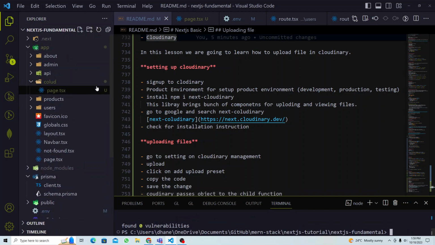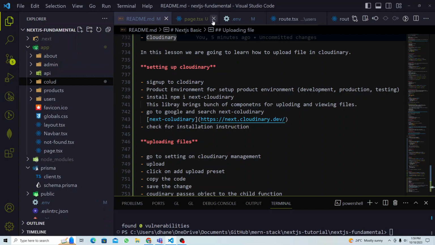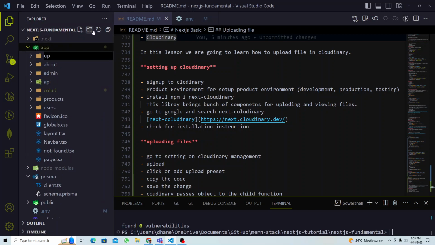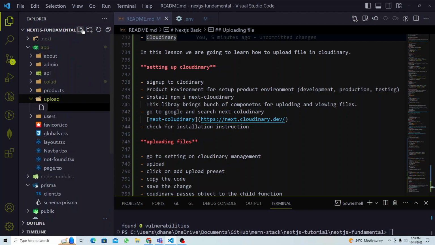So once we install, what we're gonna do now, right? Close that. So we're gonna create the folder, okay? Call it upload. Yeah, and here will be file, right? Call it